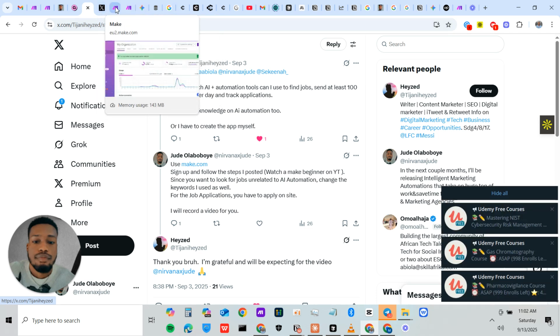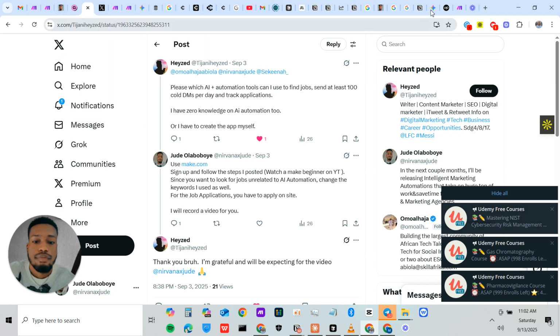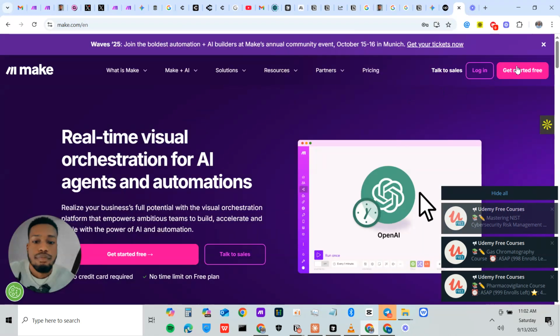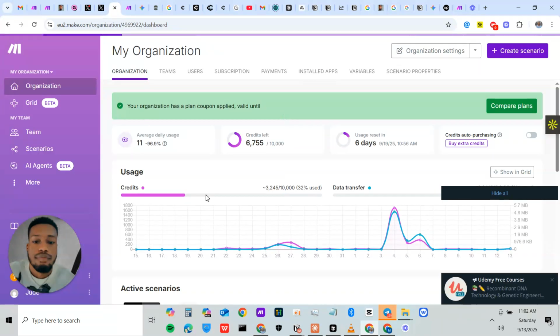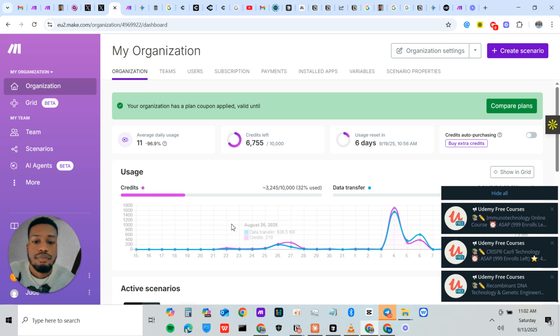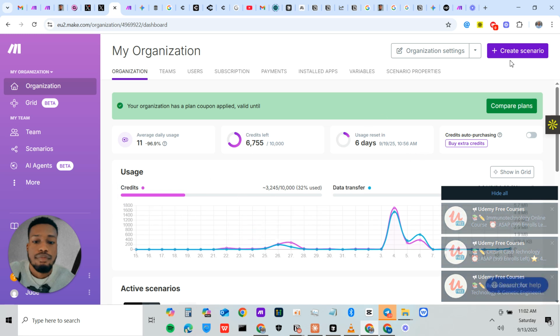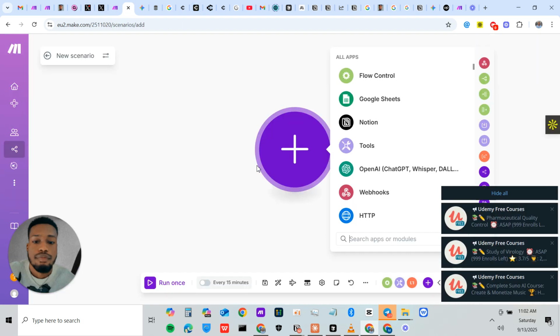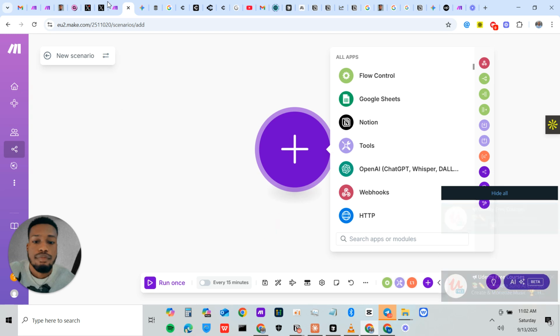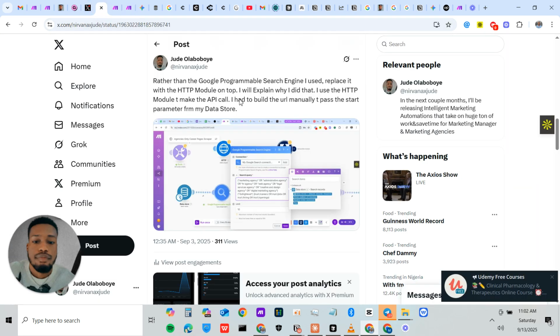First off, go to make.com and get an account. When you sign up, you're going to get sent to an organization page like this. Once you get sent to this, you create a new scenario. You get sent to this page, where, based on what I had here before, based on my tweets,